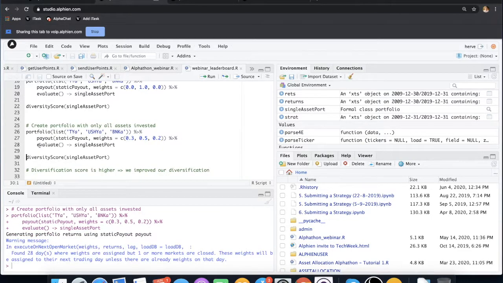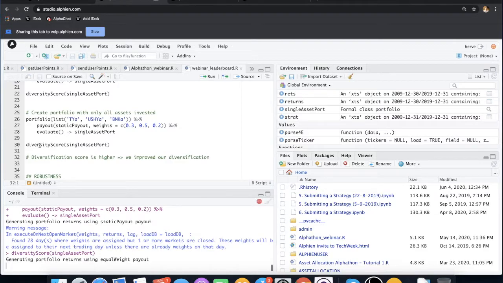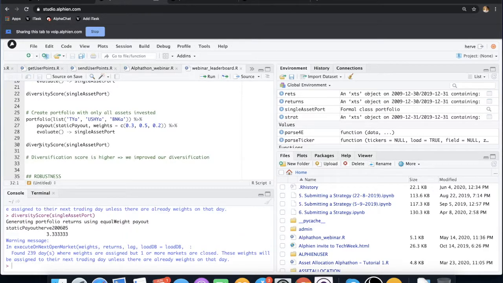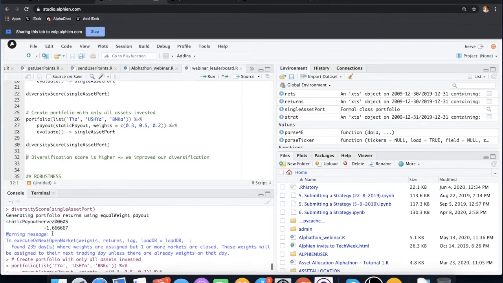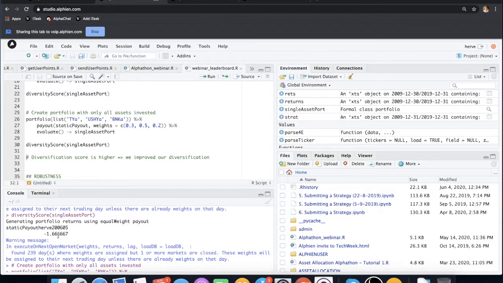Here we are again computing the diversification score, and we will see 3.33. As I said, it's on the scale up to 5, 5 being the max diversification. So here we are pretty good compared to what we used to have, which was negative 1.66.